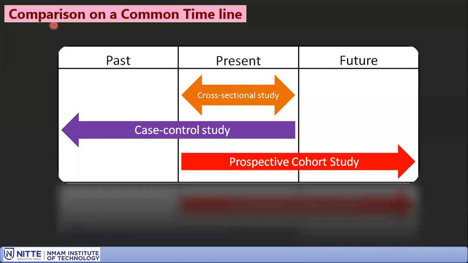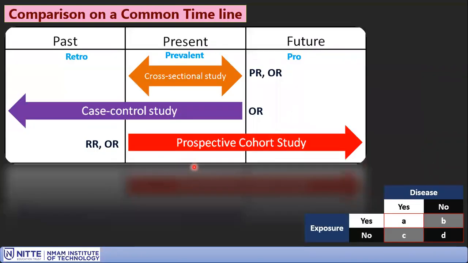So let us look at it in detail. Let's compare the three different studies on a time frame. A cross-sectional study is done in the present condition. It doesn't look into the past, it doesn't look into the future. Whereas in a case control study, in the present you are doing the analysis based on something that has happened in the past. Whereas in prospective cohort studies, you will be analyzing starting from now in the future direction. That means the result is in the future, starting at the current position. That's how the names retrospective, prospective and prevalent come about.